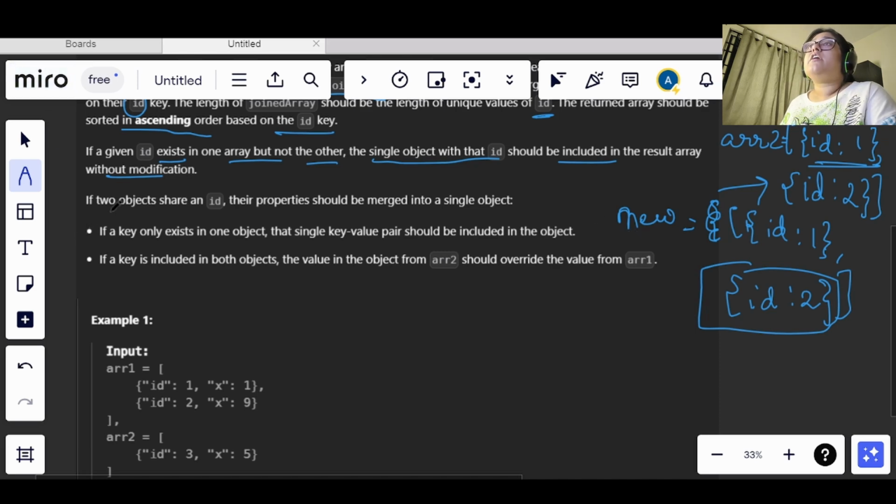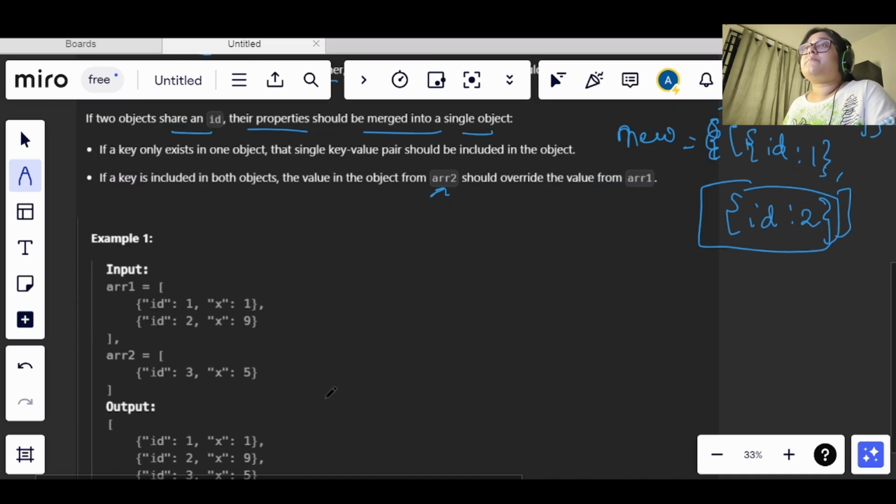If two objects share an ID, their properties should be merged into one single object. If a key only exists in one object, that single key value pair will be included in the object, and if the key is included in both objects, then the object from array 2 should override the value of array 1.